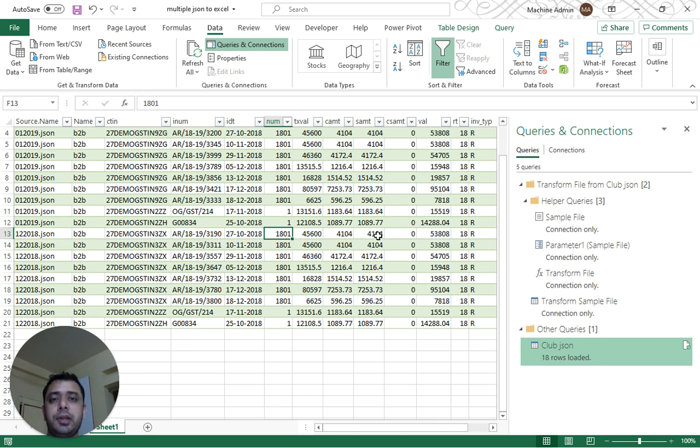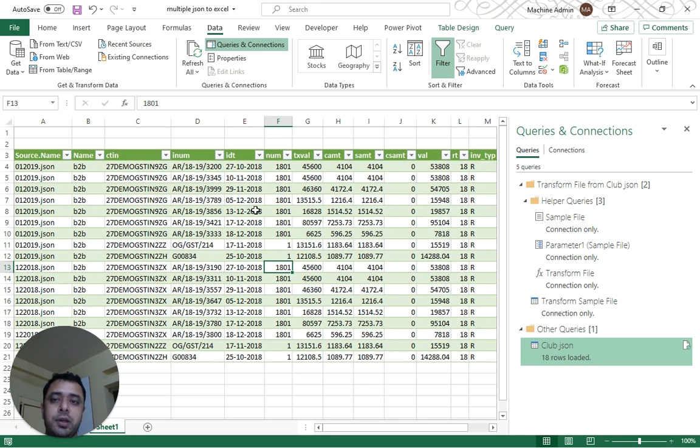The next time you download another JSON file containing either updated data or data pertaining to a different period, just copy it into the base folder which you specified at the time of importing the file.